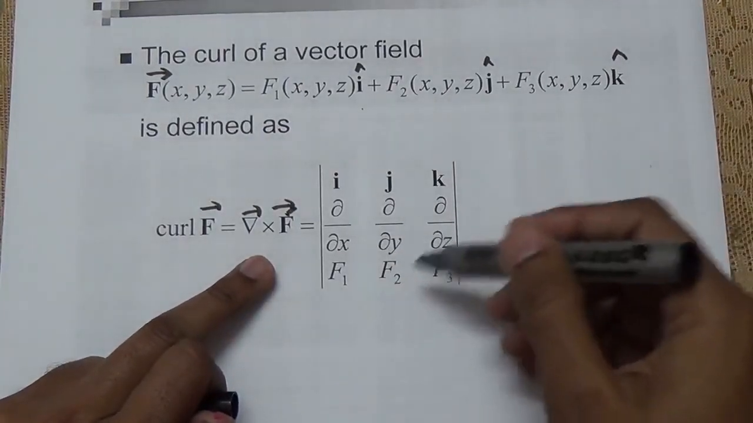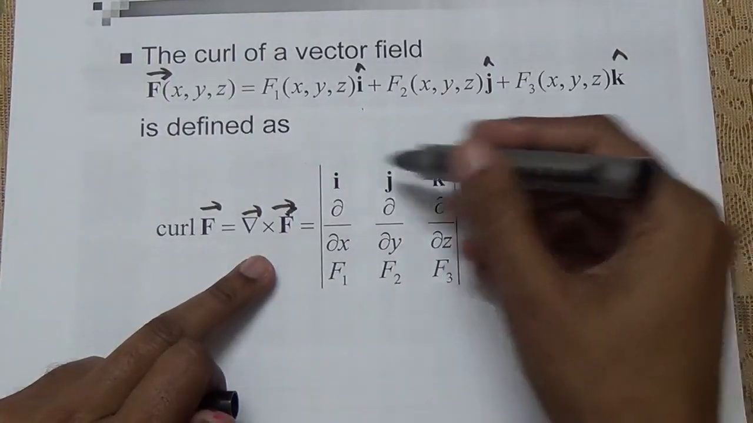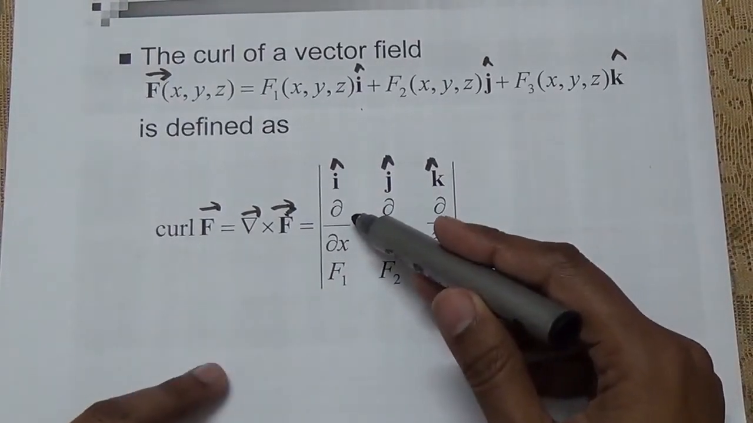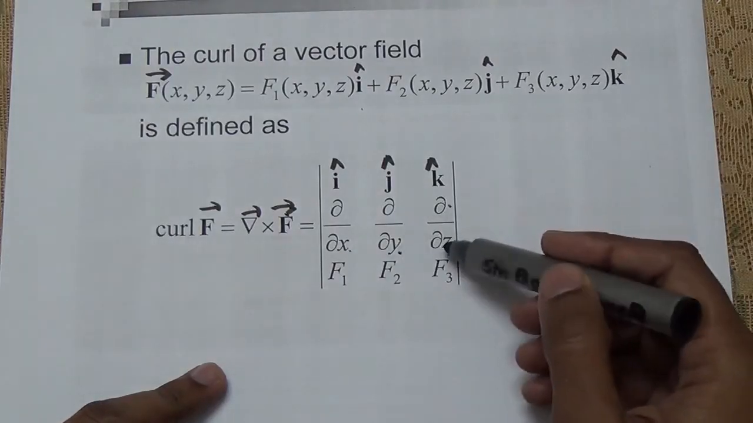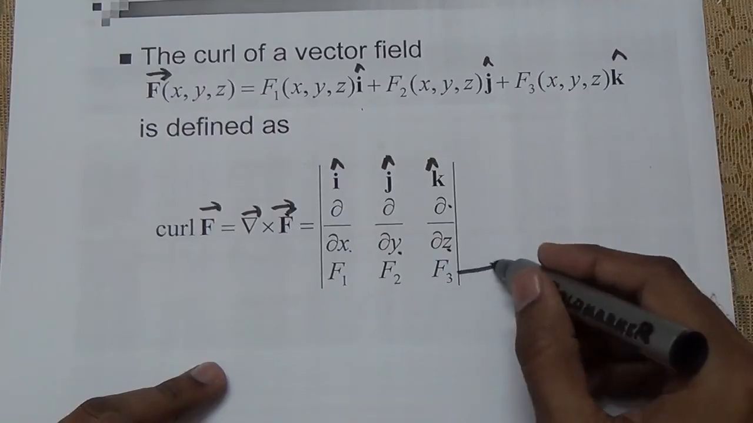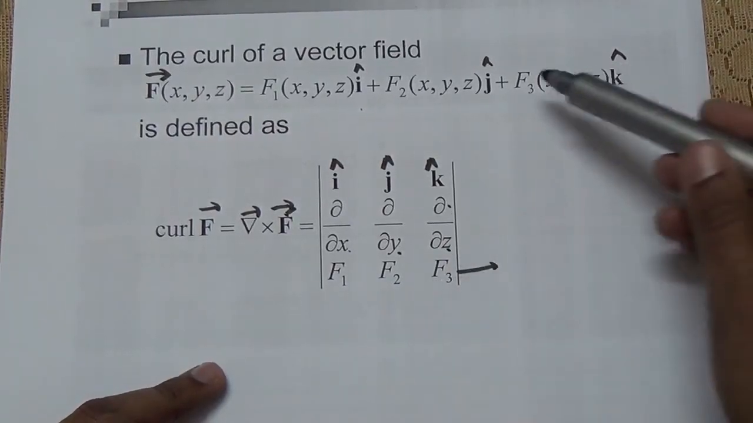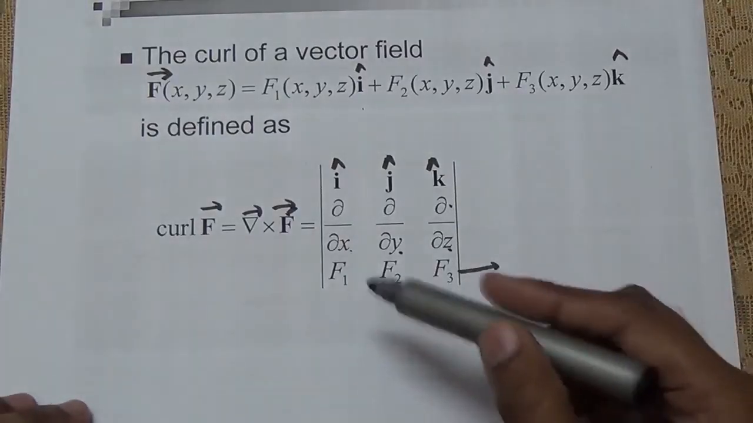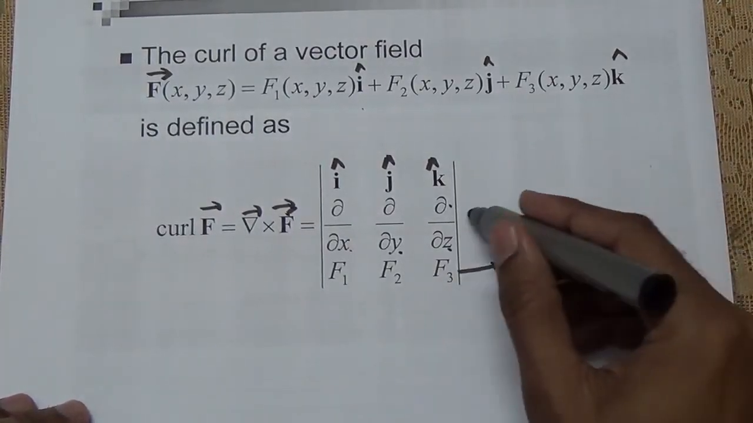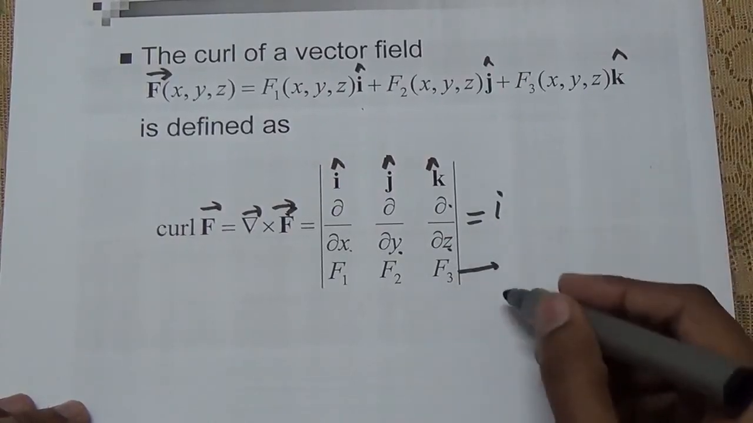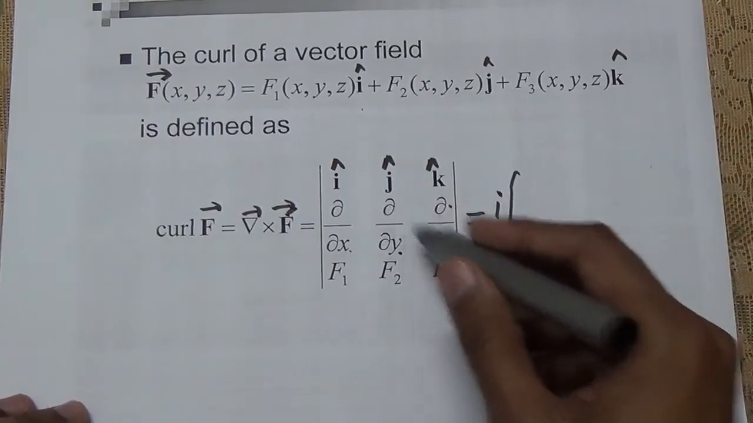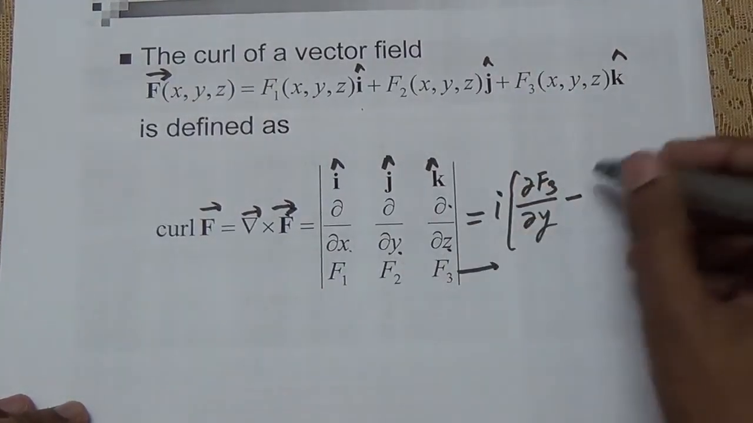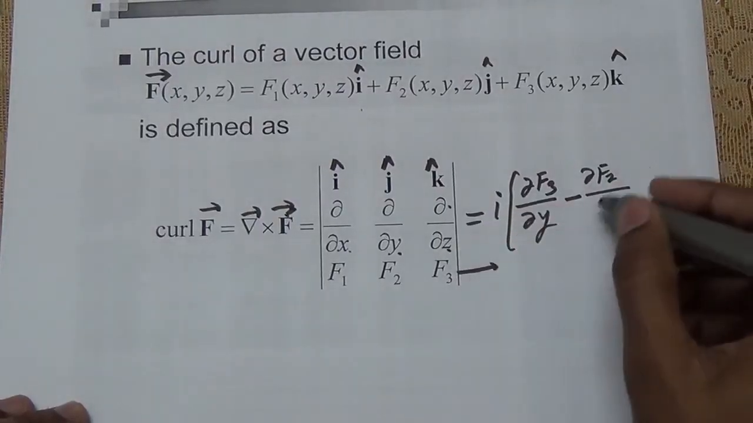First, write this as a determinant. In the first row, the unit vectors i, j and k. Second row, the partial differentiation with respect to x, with respect to y, with respect to z. Third row, the field components. For f, f1, f2 and f3 are given, so we write f1, f2, f3 here. Now you can expand it about i: del f3 upon del y minus del f2 upon del z,